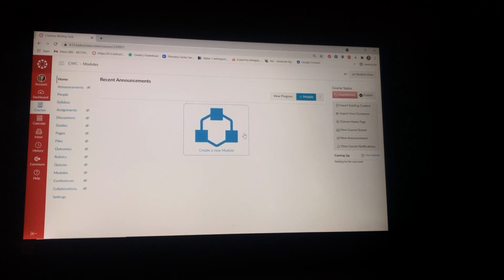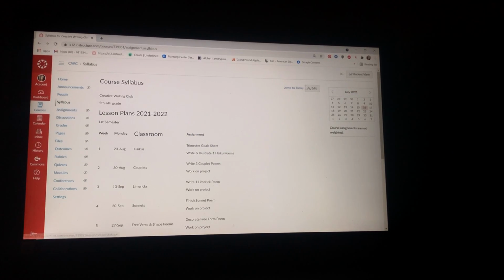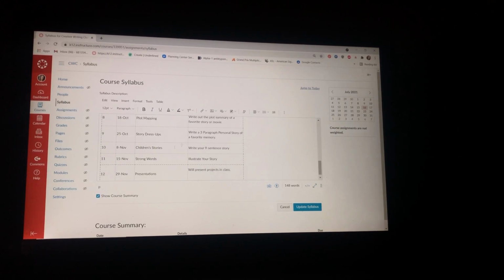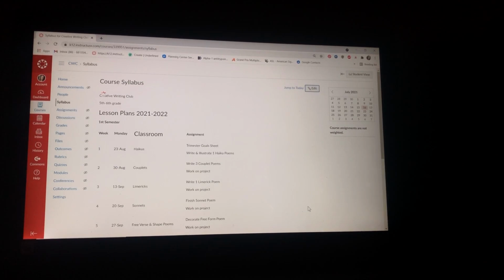If you ever make a change to your syllabus, you can click Syllabus, click edit, and then you can go in and change it. So I'd say edit, and you can change it right here, and then click update syllabus. That is all you need to do to set up a basic